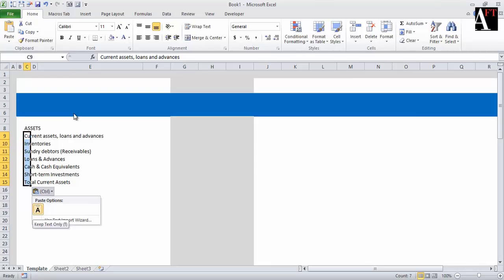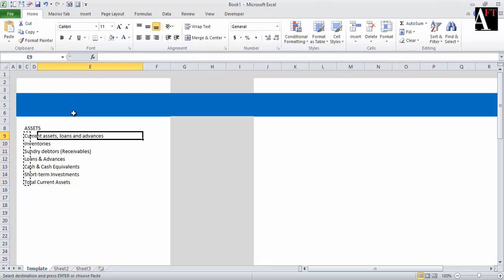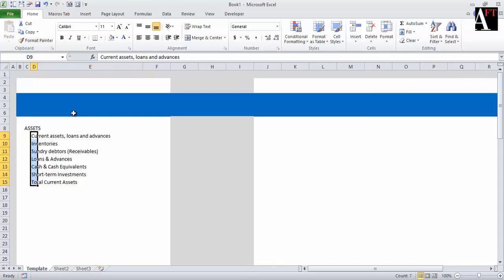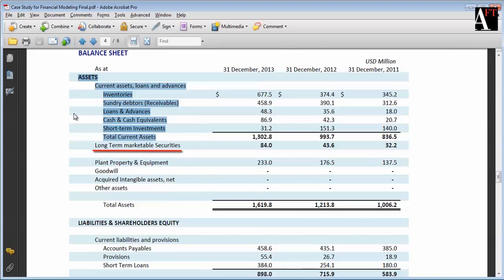So I am cutting the rest of the information and pasting it here, and cutting the description of line items and pasting it here. Now if I also decide to add the long-term marketable securities,